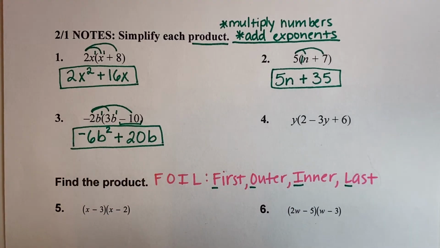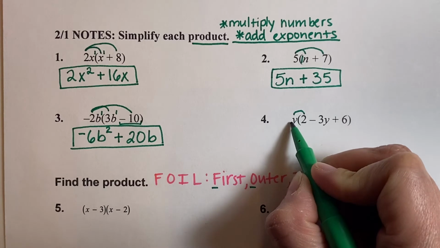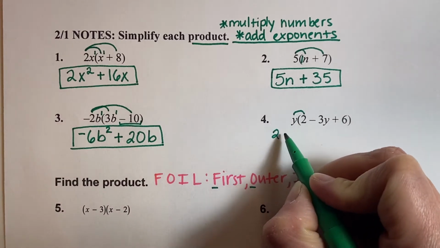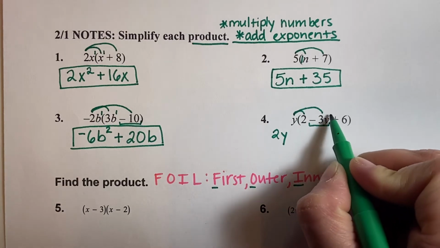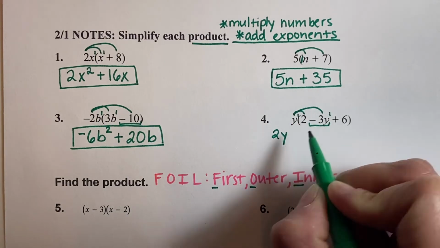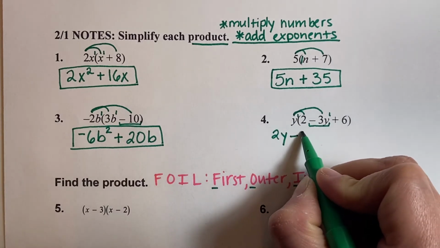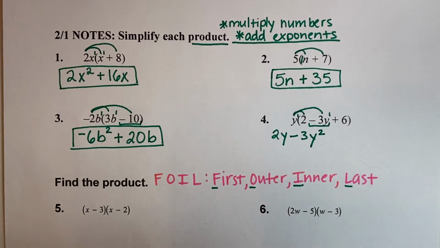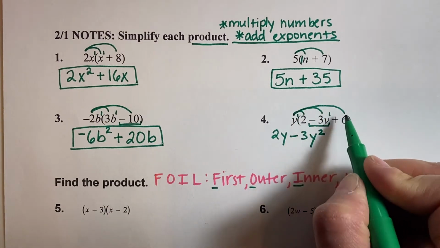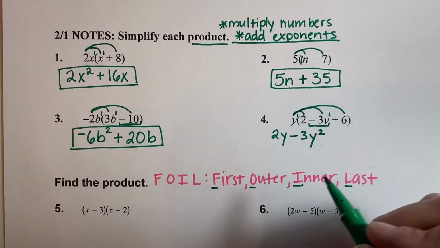Last, we have y, and we're going to distribute to each term inside the parentheses. When you distribute y to 2, it's 1y times 2, 2y. Y times a negative 3. I need to consider that they both have an exponent of 1. So 1 times negative 3 is negative 3. For y, you add the exponents, so it's squared. Last, you're going to take y times 6, and y times 6 is plus